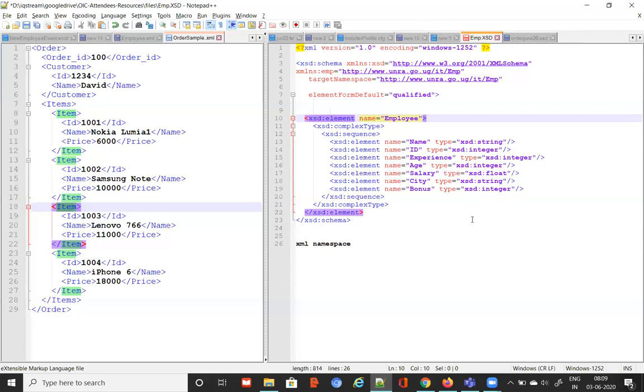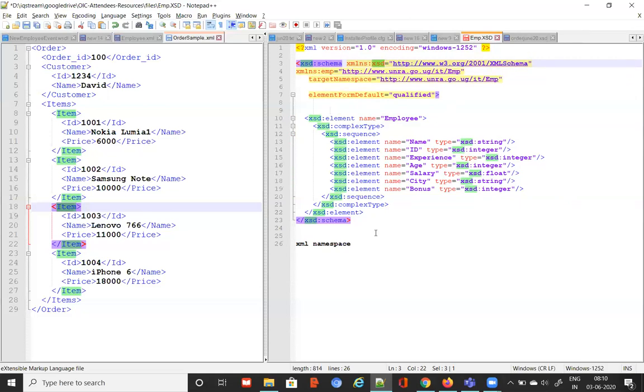Now, in addition to that, you're also having another field here, target namespace. Target namespace means for this XSD that we are writing, I am assigning a namespace. If you are referring to an existing namespace, you use XML-NS, then colon, some value, and that value you are going to use in the documents for referring to the elements coming from that source.